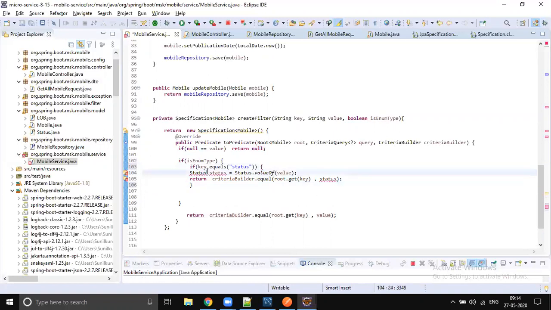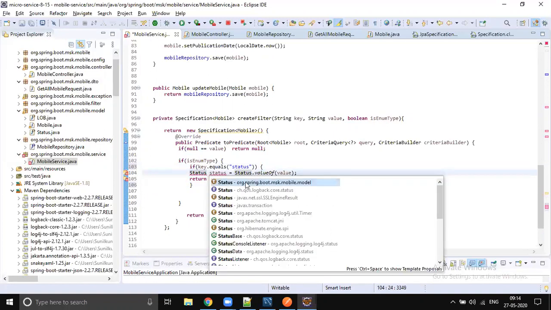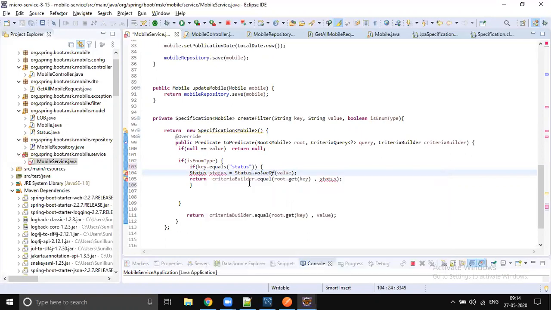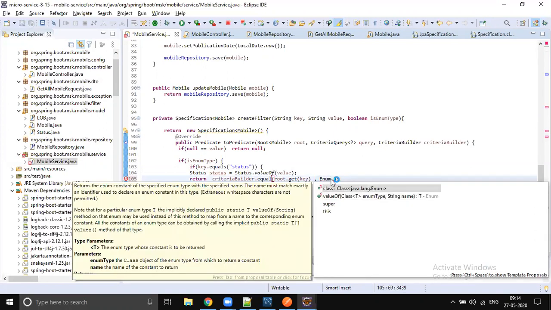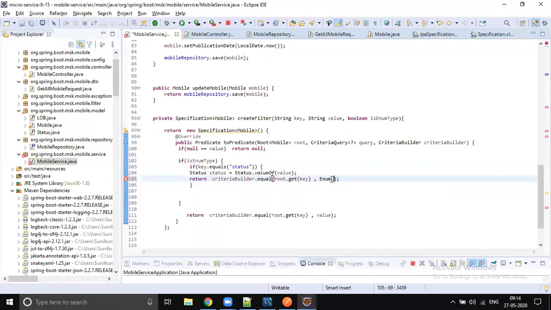Why do we need to know the name, either status or LOB? It's not required, right? No, you should know. Let me check if anything is available on the enum like dot valueOf. No, you don't have any valueOf with a string, right? So you should know whether it is an enum status type or LOB type.